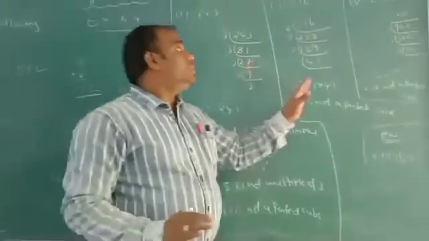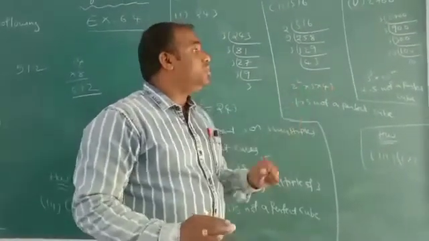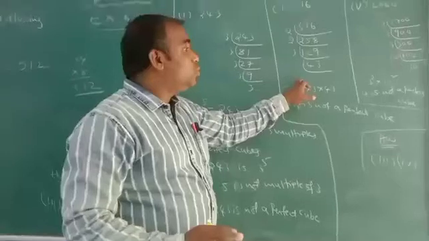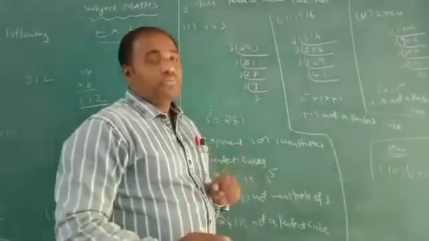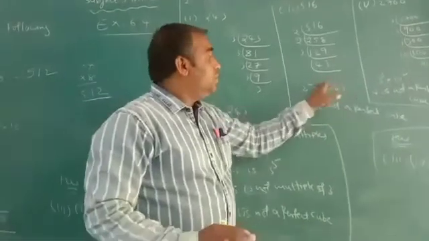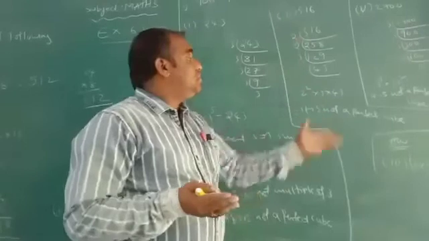Here you see 516 is a product of 3 numbers: 2, 3, and 43. 2 is raised to the power 2. 2 is not a multiple of 3. Again, 3 and 43 are raised to 1, 1, which is not a multiple of 3. Therefore, 516 is not a perfect cube.